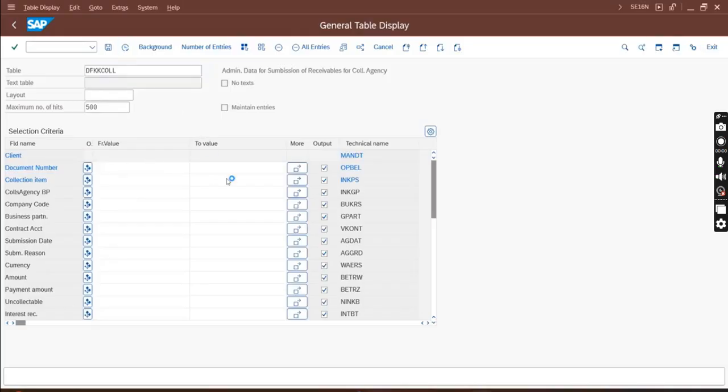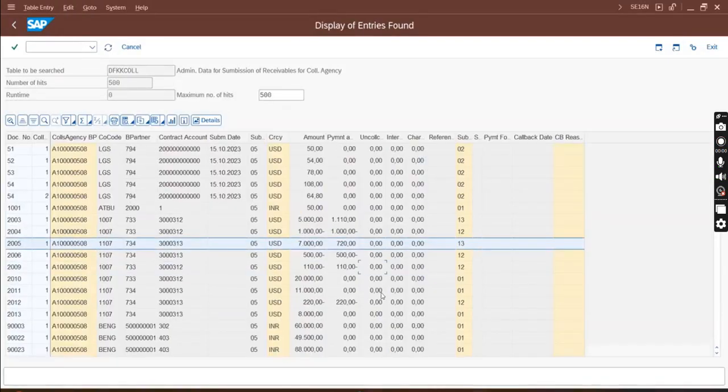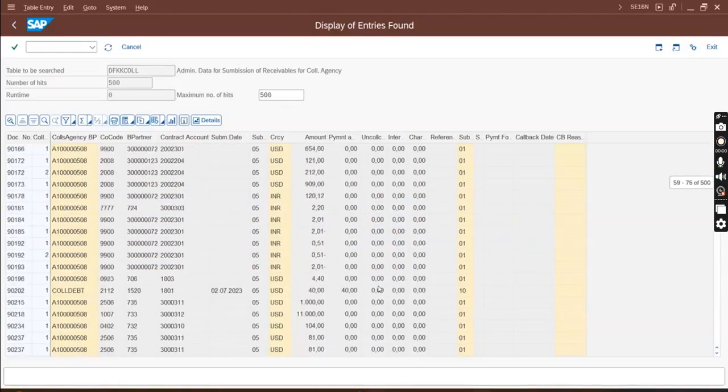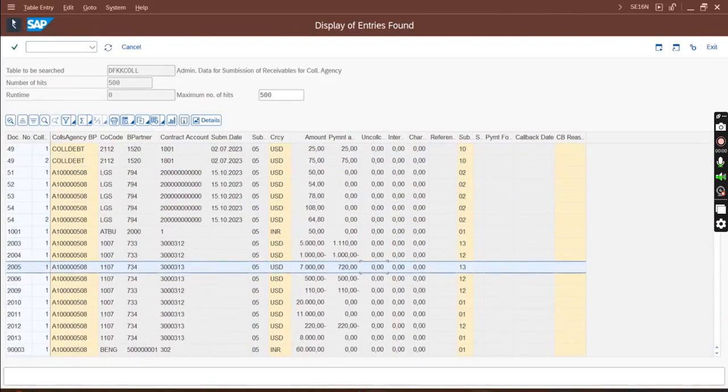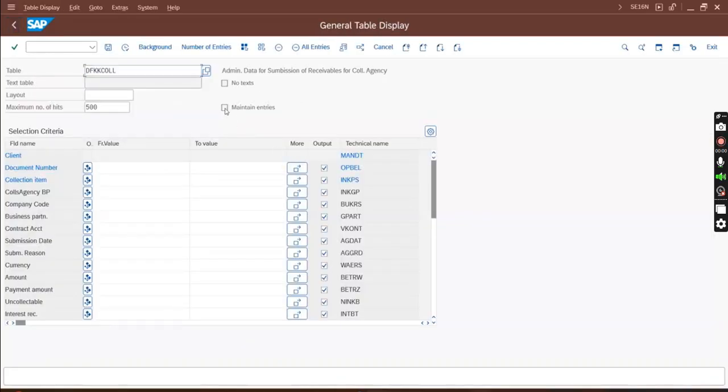When you execute, you see all the fields are grayed out, you cannot edit. To make them editable, you need to get Maintain Entries checked. For that you do /h, hit Enter, then F8.